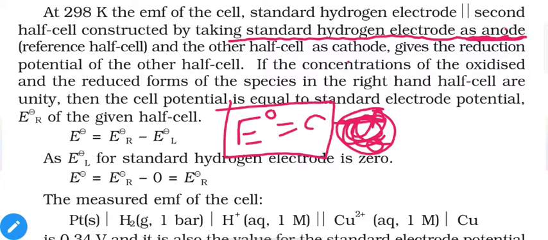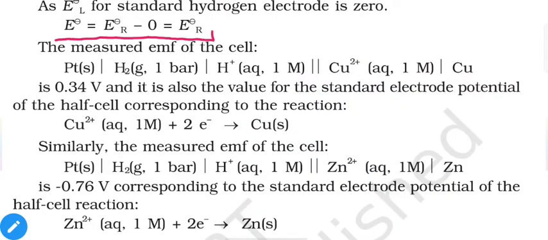Okay, so that means cathode is equal to cell potential. So the simple thing is, when we connect a hydrogen half cell with another metal, if the metal acts as cathode, then the reduction potential of the metal or given half cell is equal to the cell potential, as we can see in this equation. And the same equation is mentioned here. Here we have the value of the hydrogen half cell.